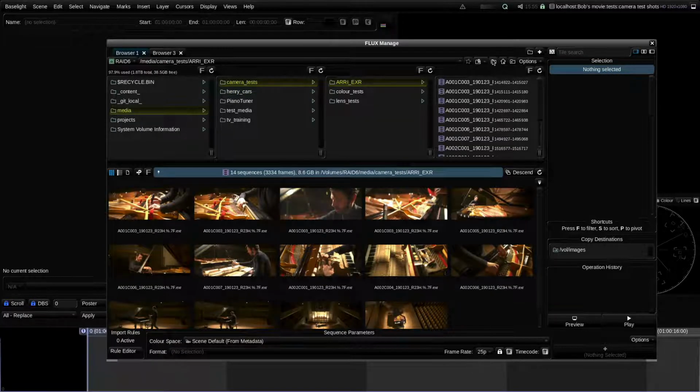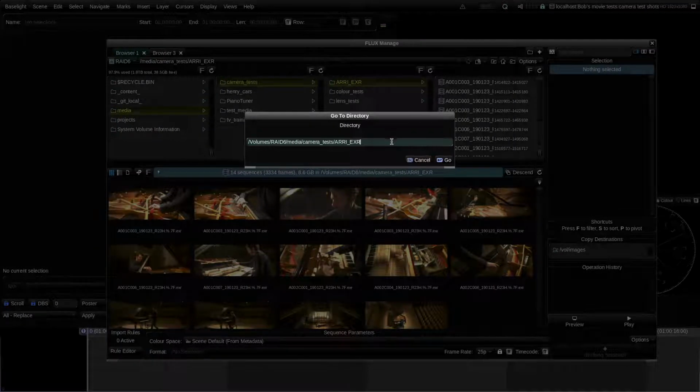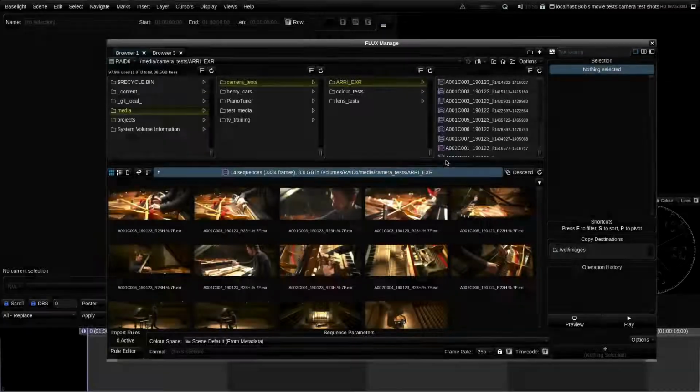This next button here allows me to enter a directory path rather than browsing for media here. So if I know a specific path to somewhere that I want to find on disk, I can just type or paste the path into here and then hit the go button. The next button will take me to my home directory, which is probably not somewhere you would have media stored,